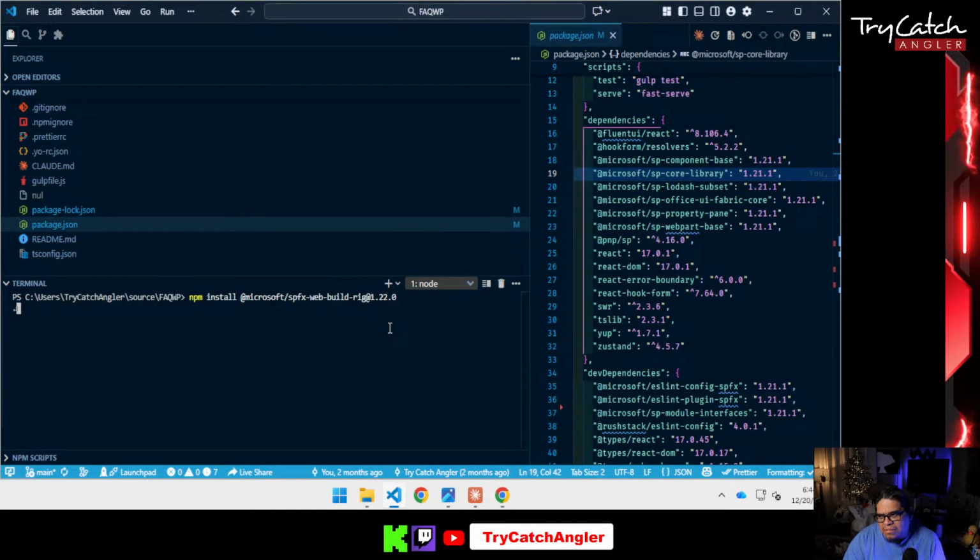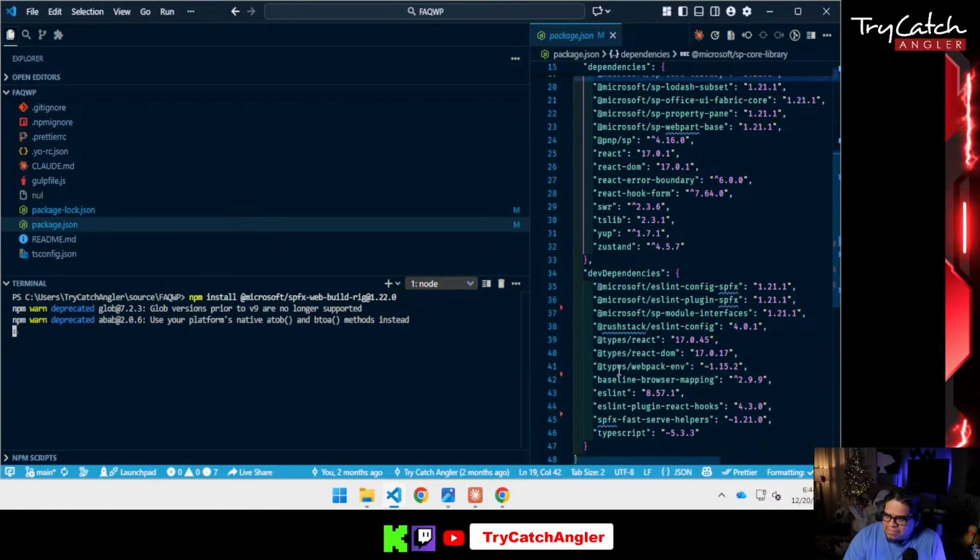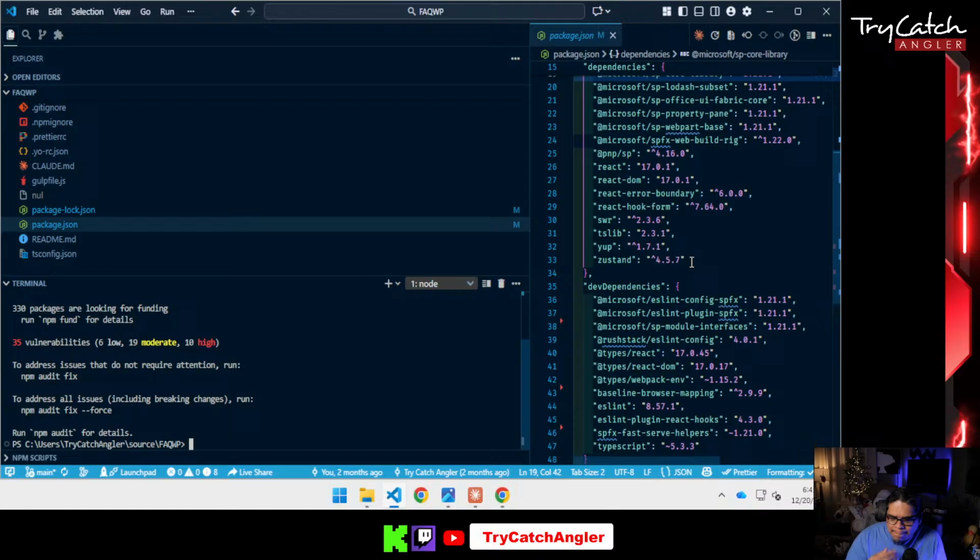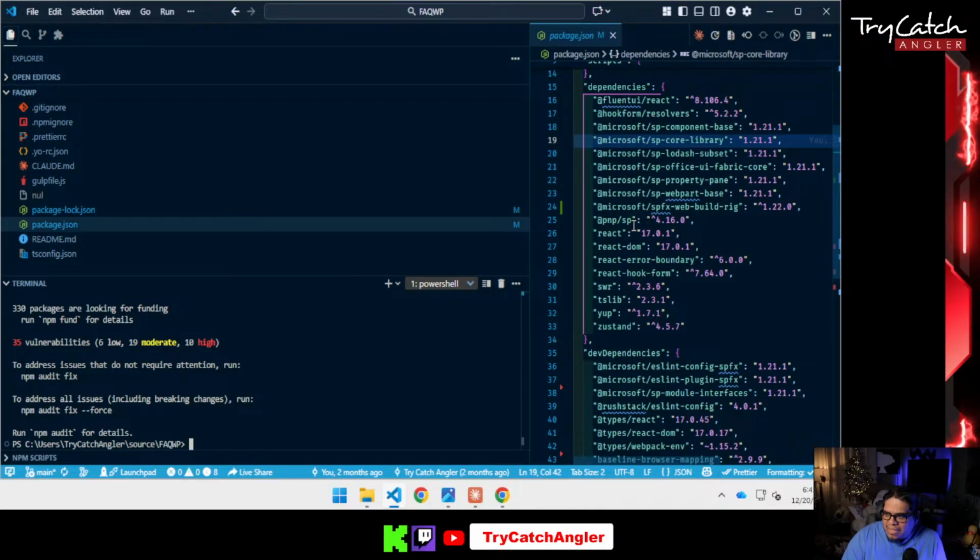I'm gonna have to uninstall it, because there's a difference between dependencies and dev dependencies. Dev dependencies are strictly to help you with the development, but dependencies are actually things that are going to be deployed with your solution. You always want to differentiate between the two. There's a lot of things that aren't required and will only increase the size of the package once you deploy it, and you don't want to have dependencies that you don't need in the deployment package. And so if you have a dependency like this one that I just added for 1.22, it cannot be in this dependency